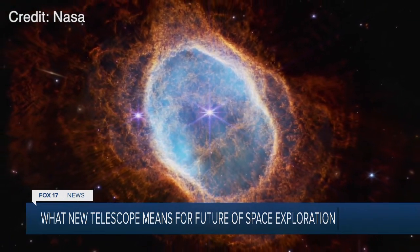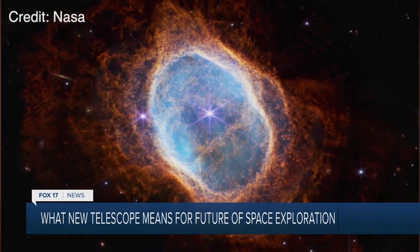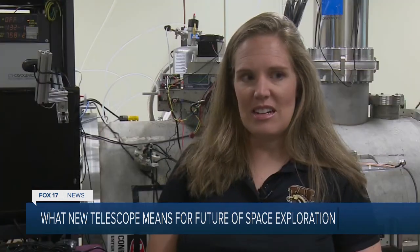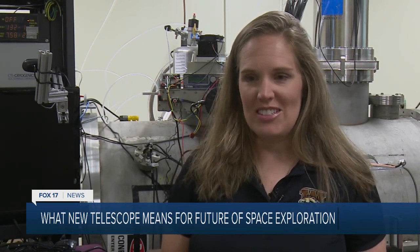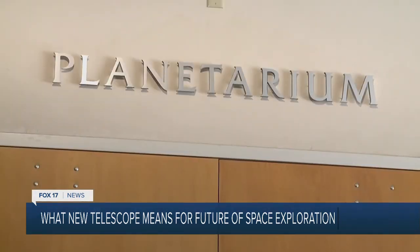giving a taste of what's still to come. These images, when they come out, they're images of millions, billions of years ago. They're images of atmospheric compositions of planets that are outside of our solar system. They're just beautiful images that look like paintings. So it sparks interest in the community, in our younger generation, to get involved in